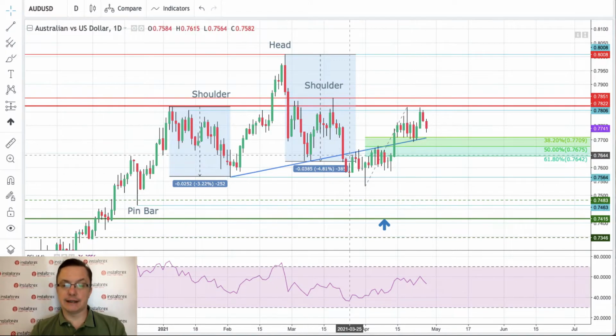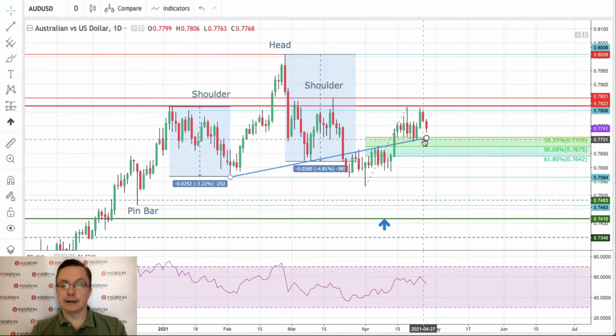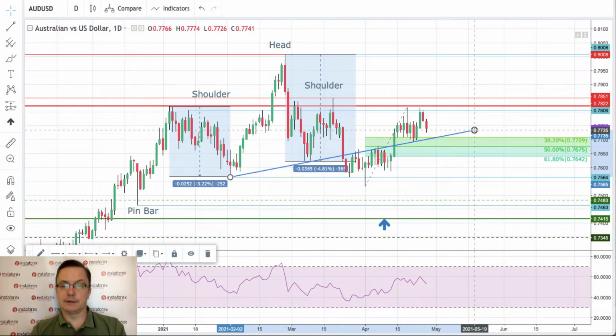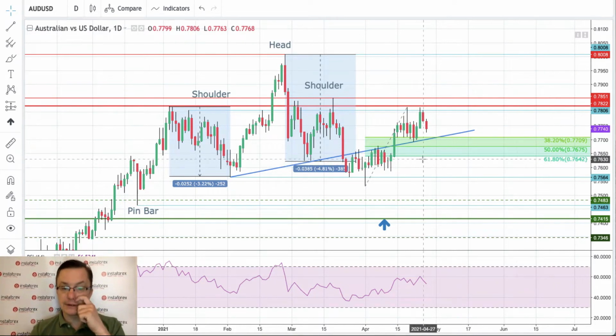A very nice test of this supposed to be neckline here, so because it works, we will extend it. So any break lower below the neckline after the rejection of a rally at 7,822 pips will target one of the Fibonacci retracement levels. 7,675 is 50% and 7,642 is 61%. Of course, the lows,